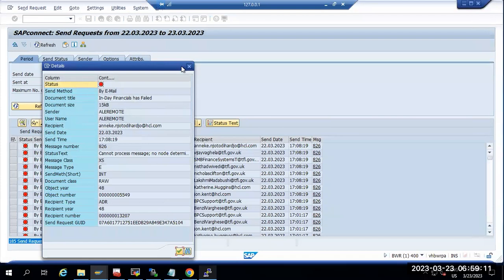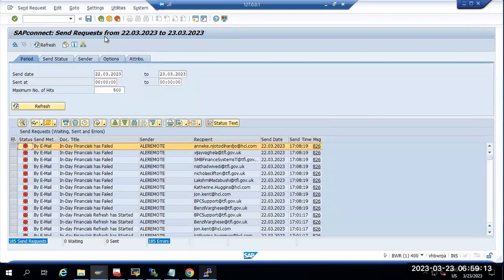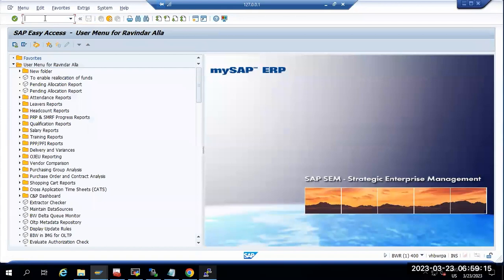So currently our configuration is inactive in the real-time system. Why? Because in the non-production sender, they don't need any email. Only production needs the email. So that's why the configuration got